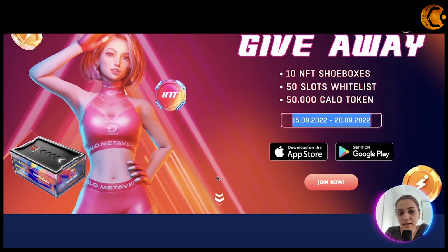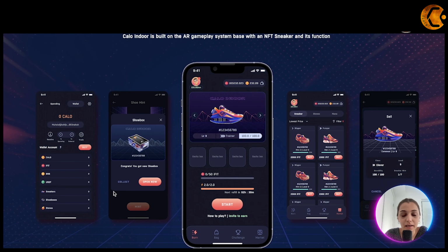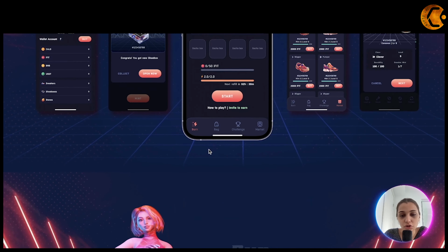So quite exciting stuff. If you want, you can download this app on Play Store or get it on Google Play as well. This is built on an AR gameplay system based on NFT sneakers and their function. You can join and participate, and it's kind of cool because you get an option to customize your shoes, and also place them in a shoebox